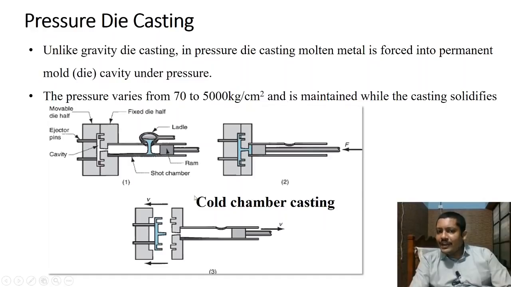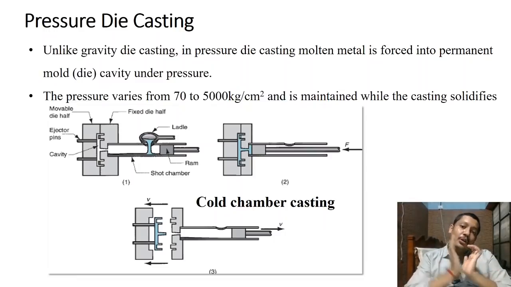Once solidification occurs, first you have to move this ram out, and next you have to separate these two mold halves. When you separate them, you can see the part will be sticking either to this side or this side of your mold cavity. Wherever it is sticking, you will have the ejector pin. The ejector pin is actuated and separates your part from the mold cavity. So easily, multiple components in a faster time with good mechanical properties can be manufactured in the case of pressure die casting.